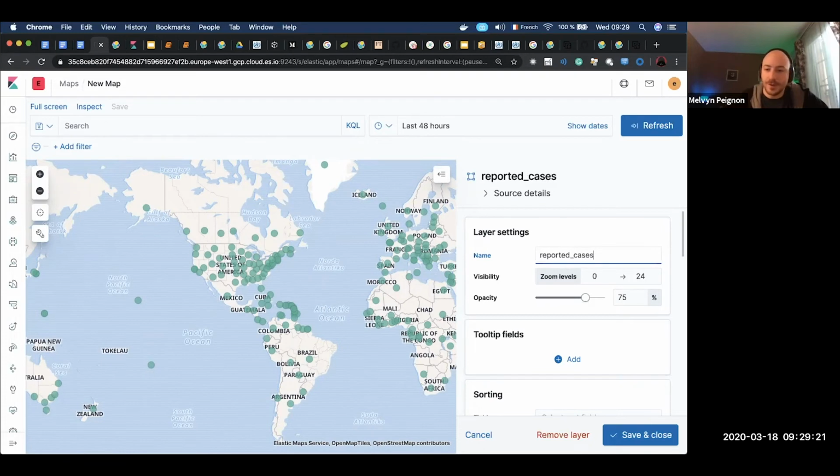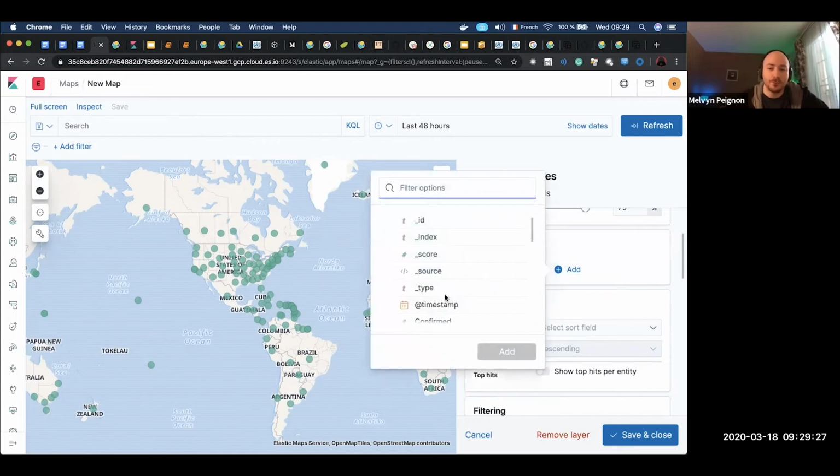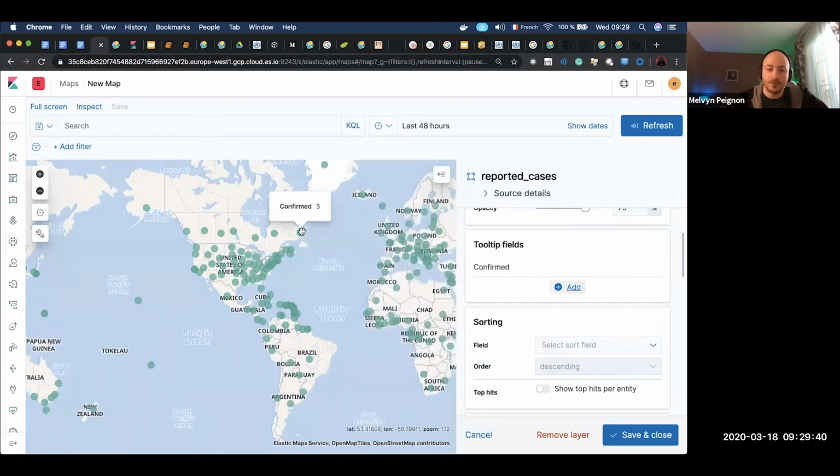So I'm defining a name, and then I can, for example, add other things. For example, what do I want to display in the tooltip? Maybe I want to display, let's say, the number of confirmed cases. So now if I go to this specific dot, I can see that for this specific area, there are 3